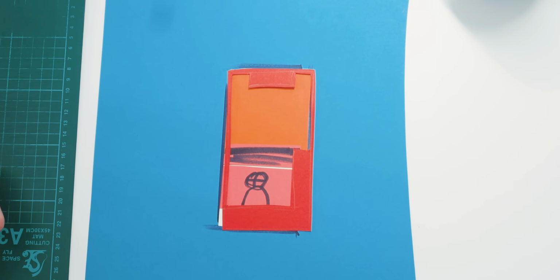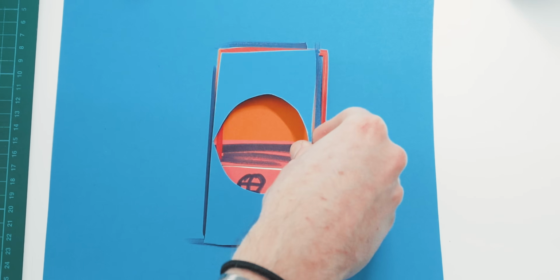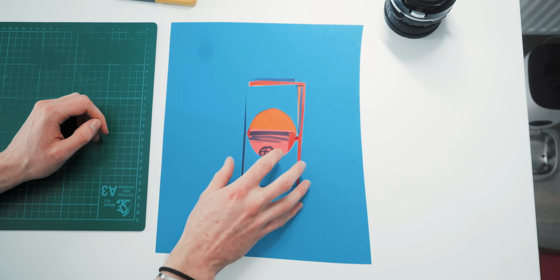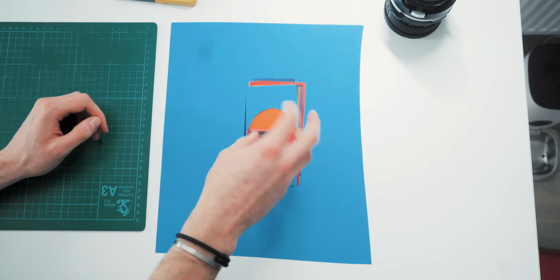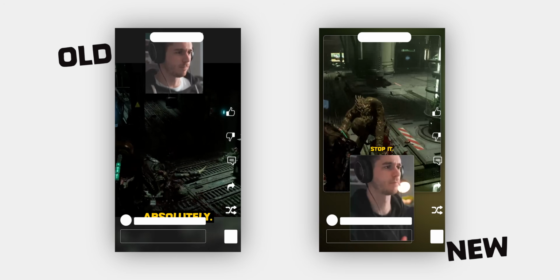And now, hypothetically, everything of interest should fit within the eye zone-ish. I mean, it's a gradual zone. It's not a hard cutoff. You get what I mean. You get the point. It's all kind of, everything information is all more central. I mean, I think this version's better, but you tell me.